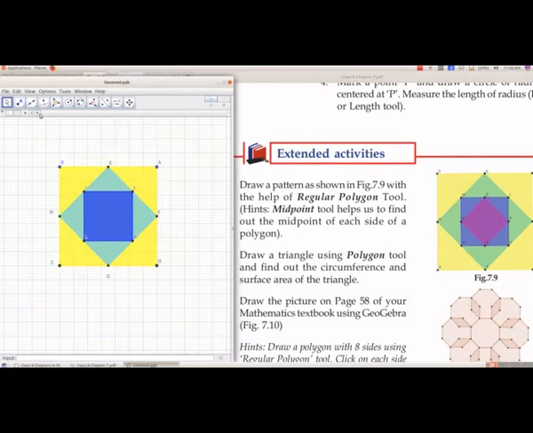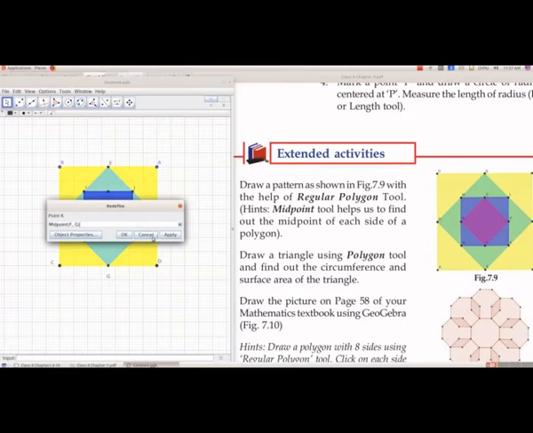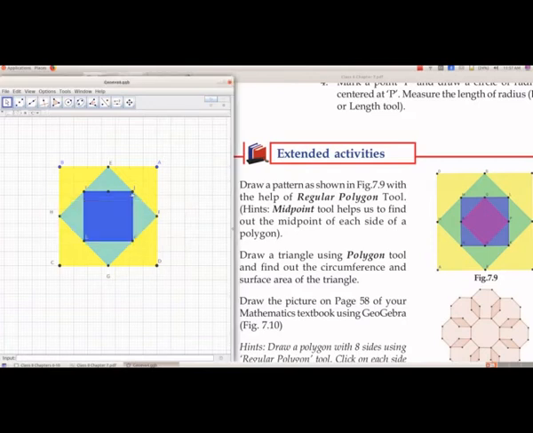So from group 2 we have to select midpoint or center, then select the points I, then J, then J and K. Select the point J and then K. We need midpoint.